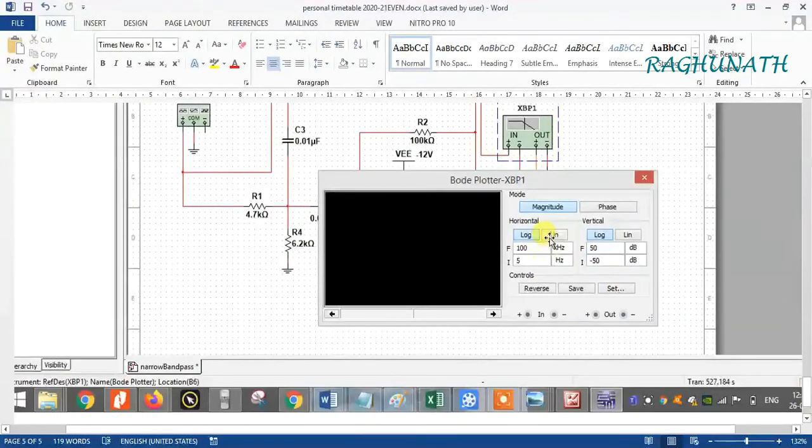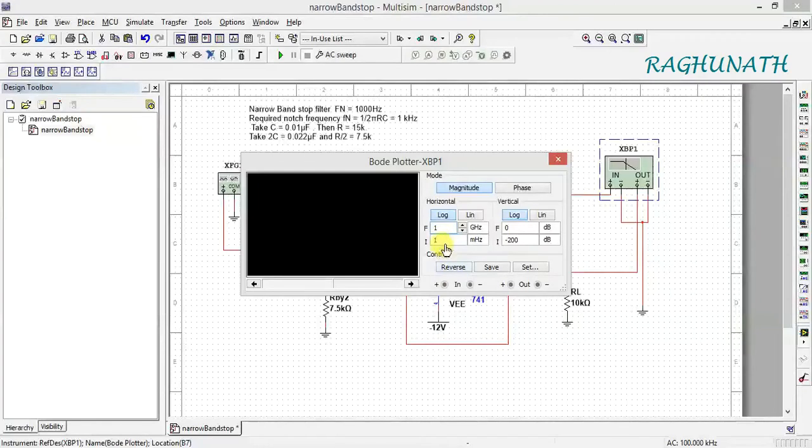So this both should be in the magnitude log, 100 kilohertz, then 5 hertz. 100 kilohertz and 5 hertz. So same thing I will do here. 100 kilo and 5 hertz. Increment is 5 hertz. 100 kilo 5 hertz log.